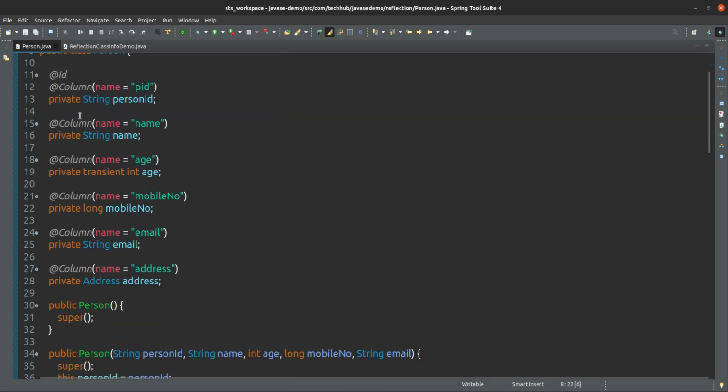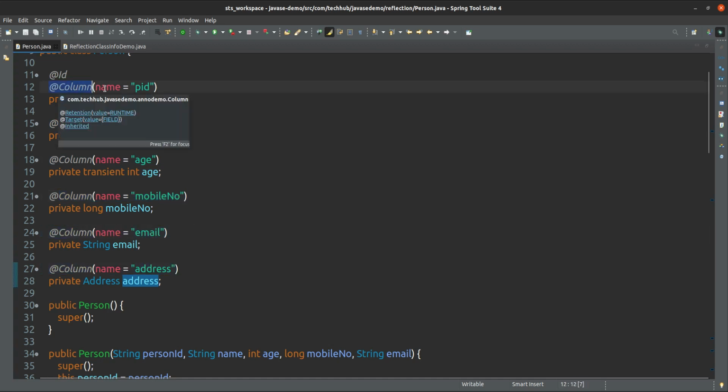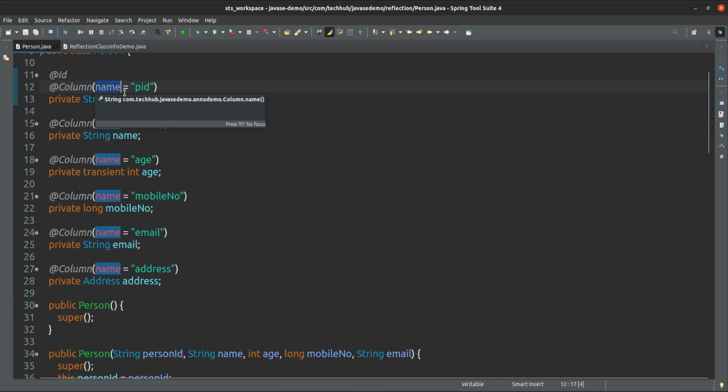Inside this class we have declared some fields: person ID, name, age, mobile number, email and address. On top of these fields we have marked the Column annotation, which has one variable, name, and we are setting its value.